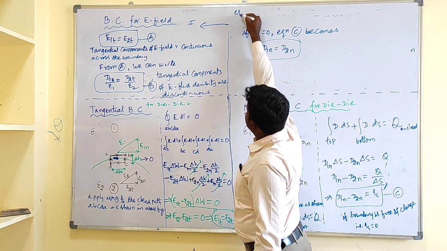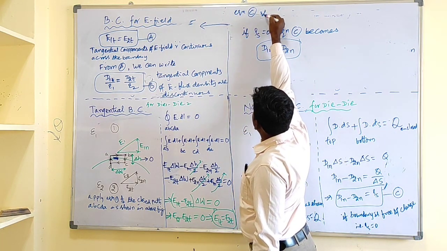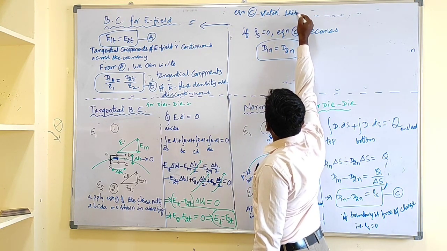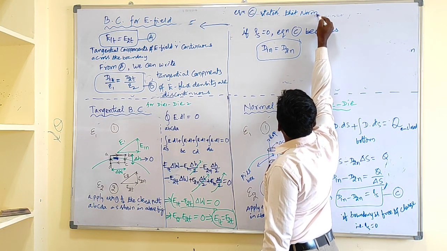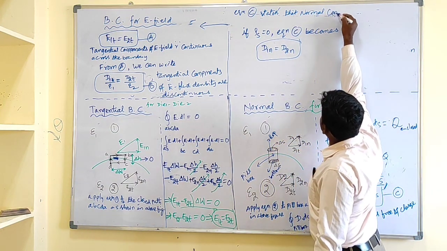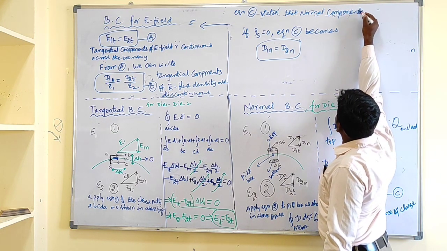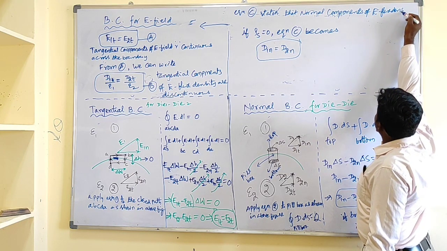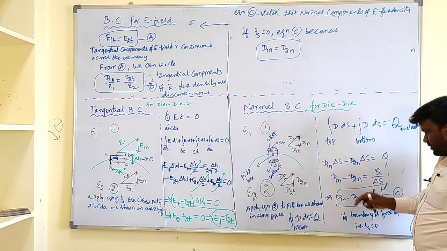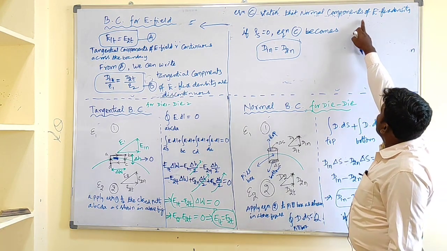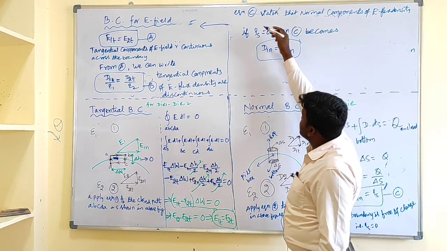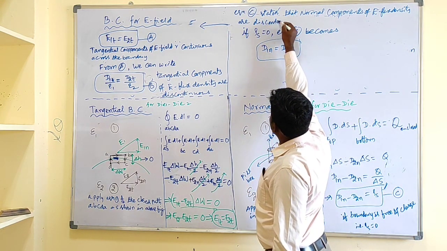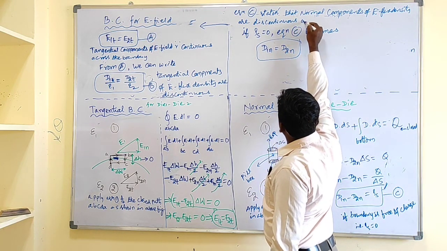Equation C states that normal components of electric flux density are continuous or discontinuous? If they are equal, continuous. As they are not equal, the normal components of electric flux density are discontinuous across the boundary